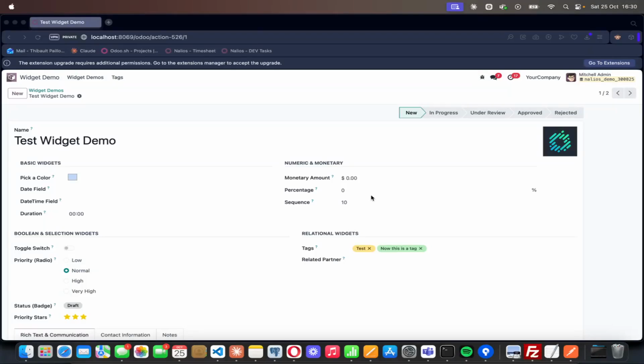Hi everyone. So today I'm going to dive a bit deeper into the widgets, which are the tools that Odoo uses in the XML views to display some fields with specific styling and sometimes logic. So I've created a form view with pretty much all of the widgets that you can use in